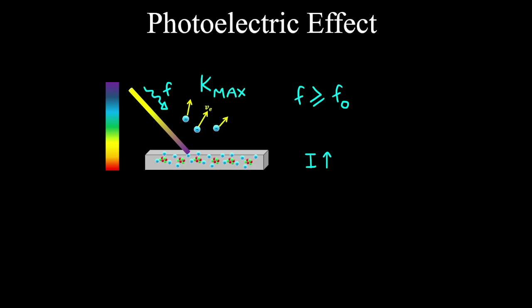So therefore there's a one-to-one interaction between a photon and electron, and the electron absorbs a photon and is ejected instantaneously. So there's no lag time observed, and therefore the wave theory of light is insufficient to describe the photoelectric effect. Because as you can imagine, if the surface is irradiated by a wave, it's going to take time to heat it up and eject an electron.